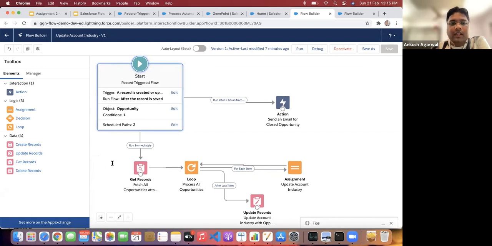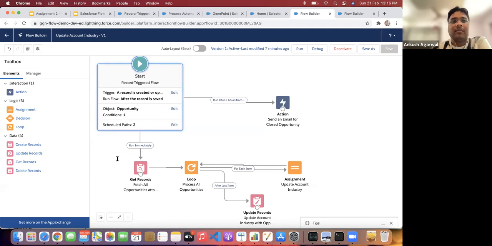Yeah, we can invoke Apex as well. Apex will also come in the actions. For a before trigger we cannot, because in a before trigger we only have a few options like assignment, decision, loop, and get record. But after a record is updated, we can add an action, and that action can be an Apex method.